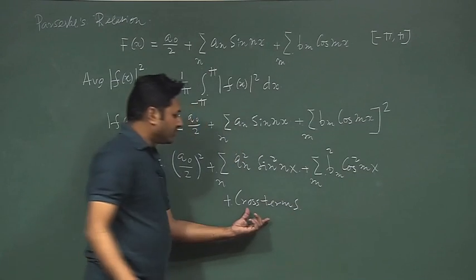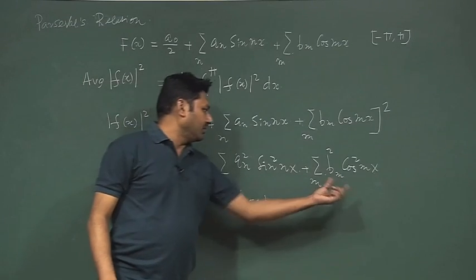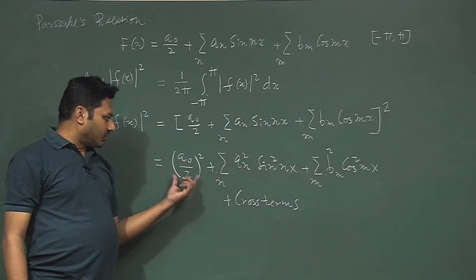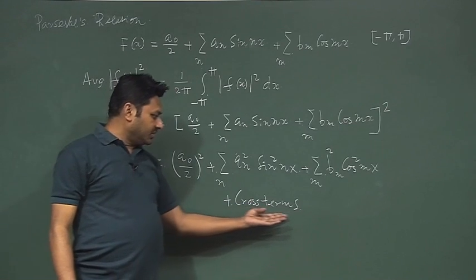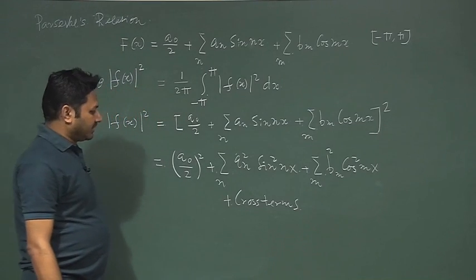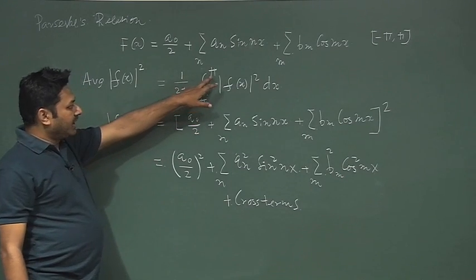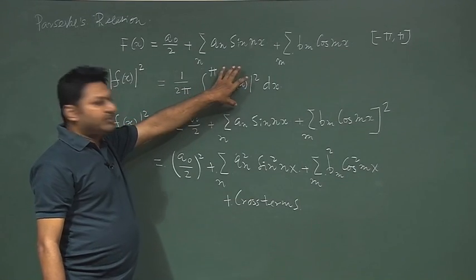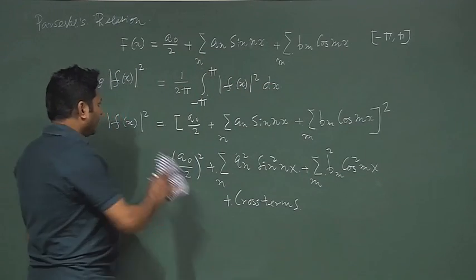Why do I write cross terms? Because all the terms will be multiplied by this or this or this. The self multiplication term will be this and the cross term will be there. So, why this cross term? I write this cross term here because the contribution of this cross term is eventually going to be 0, and that is the most important part in this particular formalism. Why is it 0? Because I am taking the limit minus pi to pi, which is nothing but the inner product of whatever basis function I am using. So, if I write that,